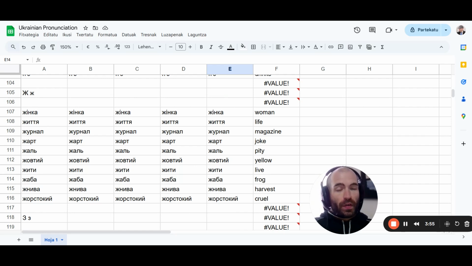Obviously, you need to do a lot of listening to native speakers to get it 100% right, or at least close to a native speaker. But to learn the basic principles of how this letter should be pronounced and the fact that this sound exists, this is really good. Like sh, rinka, rinka, and shikya, shikya, and by the end of it, like after 50 reps of this, you could just listen while reading the first time,